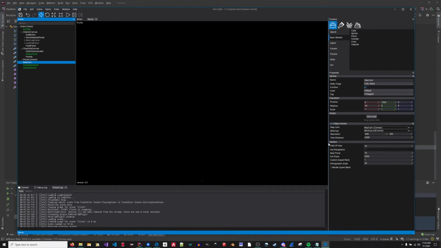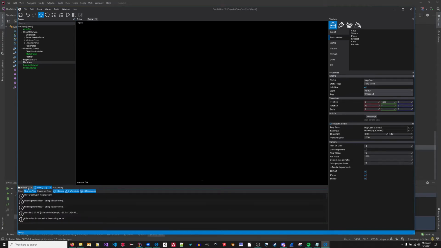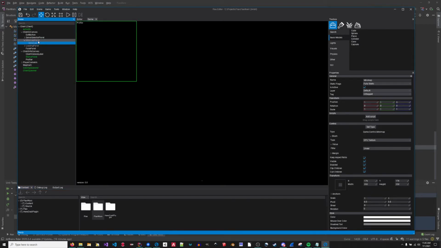It is an orthographic camera. It's not using perspective, and it basically takes the screen capture, or the back buffer from the camera, and renders it to a render texture, which is not an actual asset with Flax. So that render texture is set on the Minimap UI control as the image. So here's my map class, and I'll show the script here in a minute. But here's the map camera cache reference, and then there is a Minimap UI control cache reference. The Minimap UI control is located here,